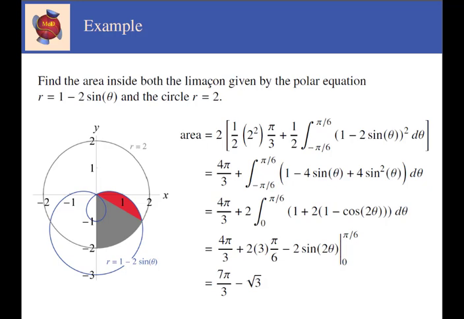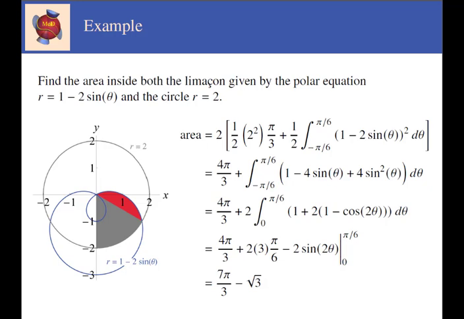The 4 sine theta term integrates to 0 because the sine function is odd. Then we use a double angle formula for sine squared of theta, leaving us with the integral of a constant plus a cosine. Since that sum is even, we can double the integral and have the interval as shown. Now we don't need the fundamental theorem of calculus for the constant part of the integral, but we do need it for the cosine of 2 theta. But this is pretty easy, and you can see that the final answer is 7 pi over 3 minus the